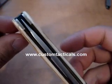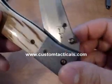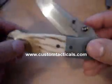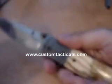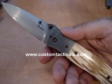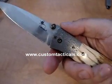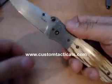Perfectly centered blade, as you can see. His grinds are perfect as well on this knife. Nothing to complain about there. And it's probably his most popular spear point model from the beginning, because it is one of his first models he's designed. And I own several of his knives, but this is the only one I own in spear point,